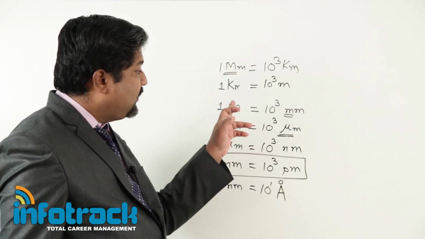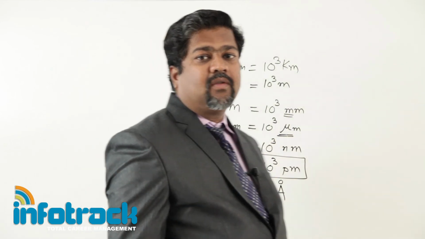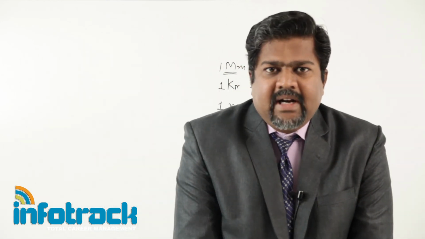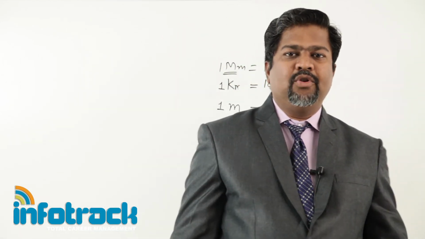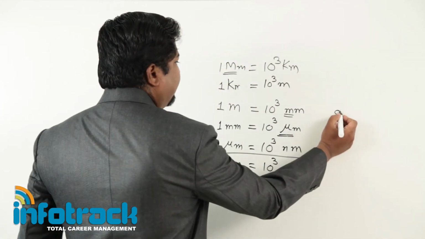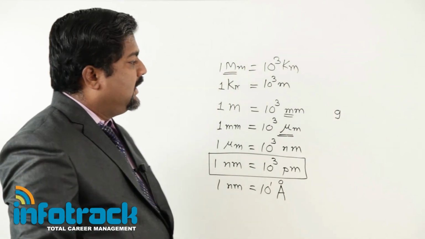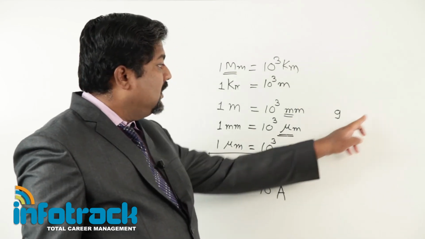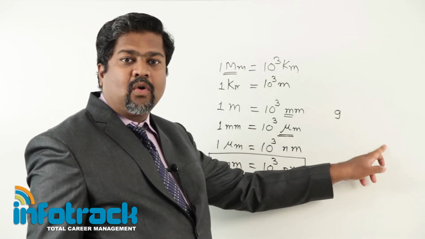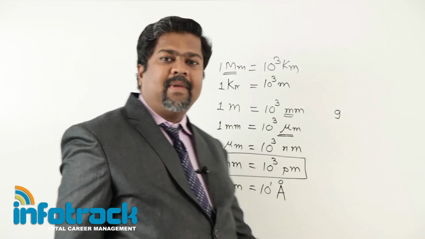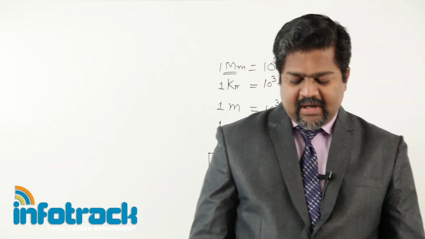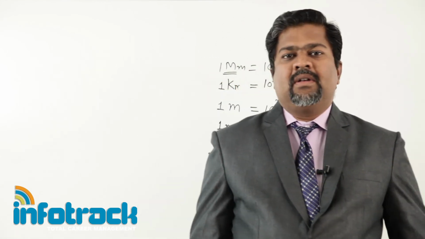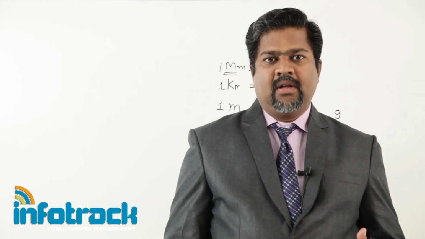Suppose in terms of this side, I am using the word meter. So like that, the main word is the same. Suppose I am using gram, then it will be kilogram, megagram, and so on. Here milligram, microgram, then nanogram, and so on. So the main word should be gram. Now keep in mind these units are there.